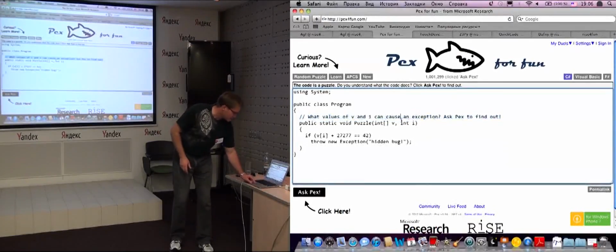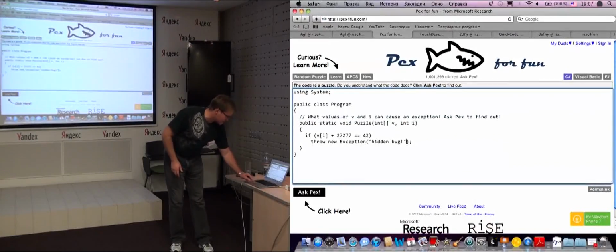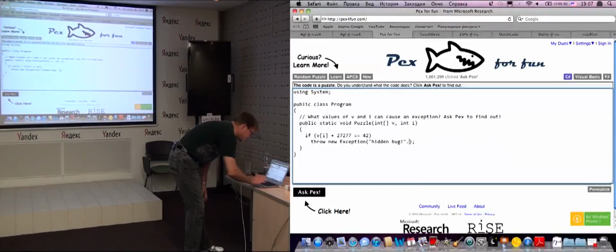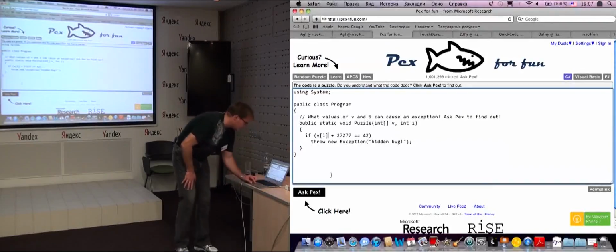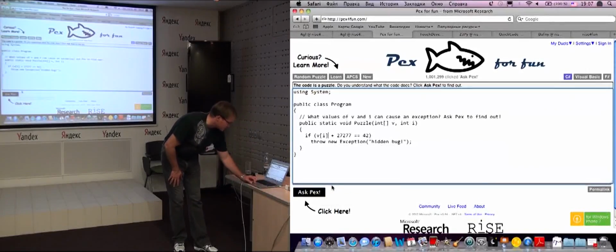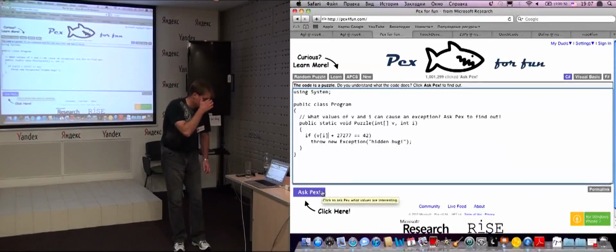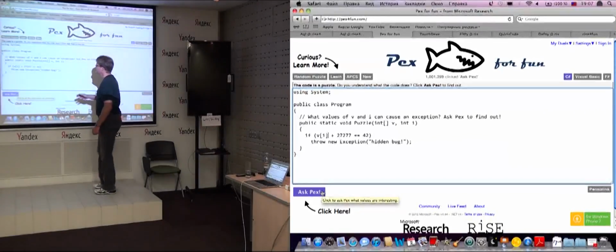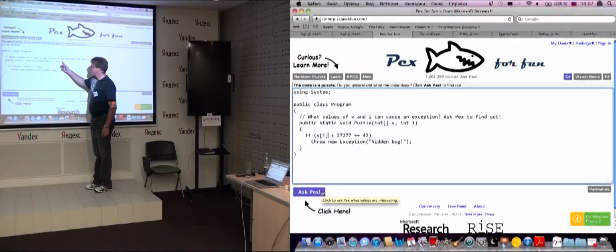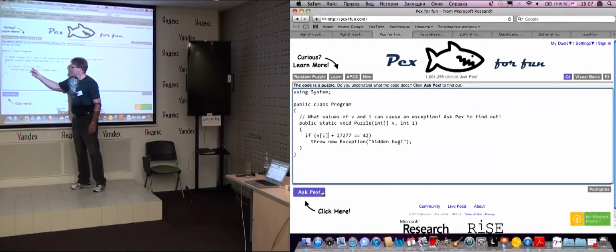Pex for Fun is fun. If you get immensely bored during the talk, here's a fun site to look at. The point with Pex for Fun is that this is a test case generation tool, and this example asks whether we can find an array and an input such that the value of the array at this input plus